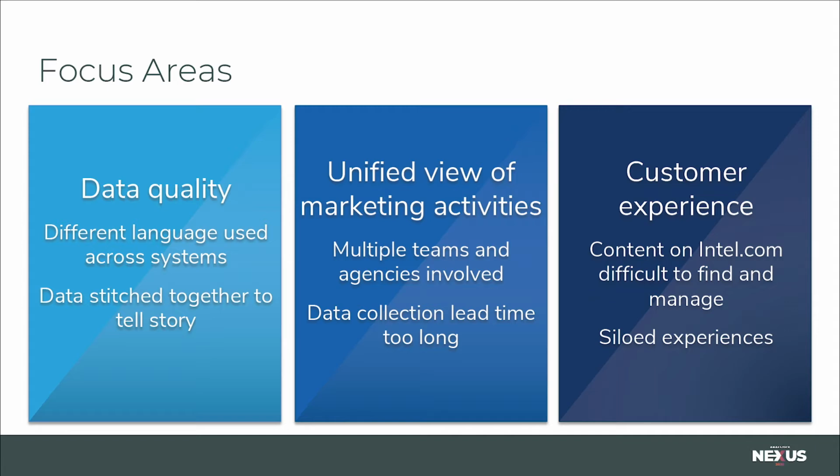First off, between Intel managed systems and the agency systems that activate our marketing tactics, we have great technology and really a best-in-class set of platforms. The problem was that our technology stack had grown up organically with all different taxonomies in use. In other words, everyone was using a different language for the same things. And as a result of this, poor data quality impacted our ability to get real-time insights that we really had to have in order to optimize our campaigns.